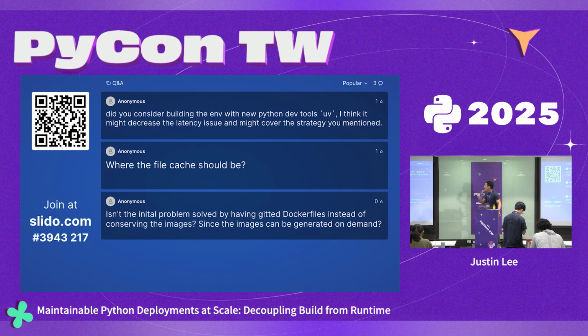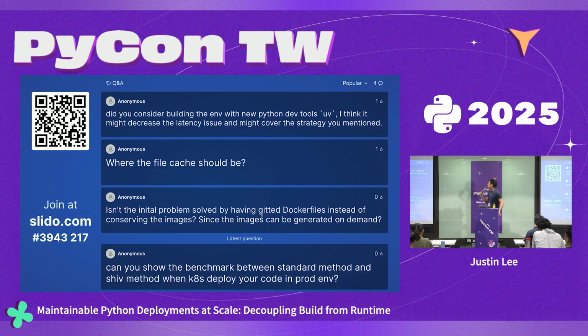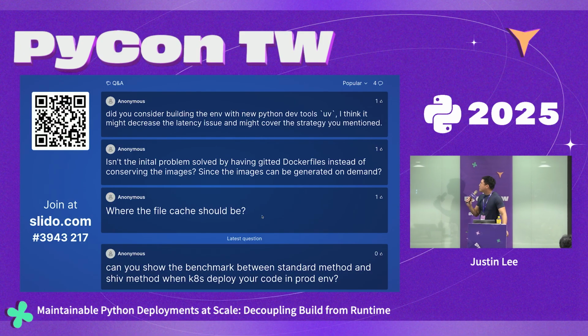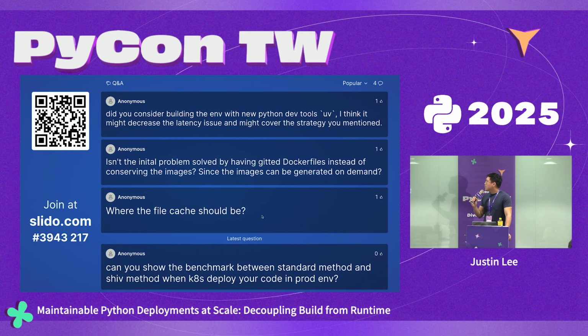Okay. All right. Did you consider building the environment with new Python dev tools like UV? I think it might increase the latency issue. It might cover the strategy you mentioned. I will say that the initial build predated some of the popularity of UV today. I have looked into UV, but